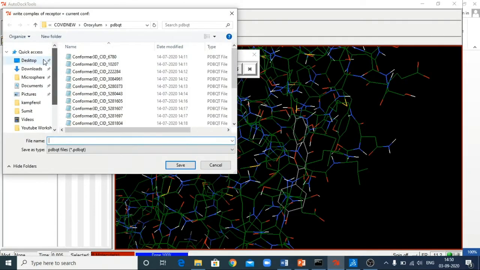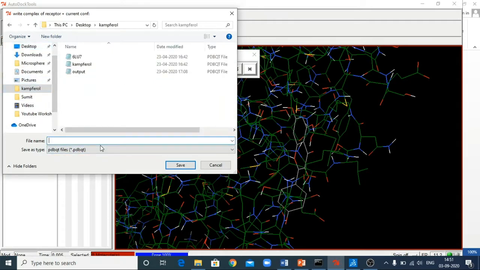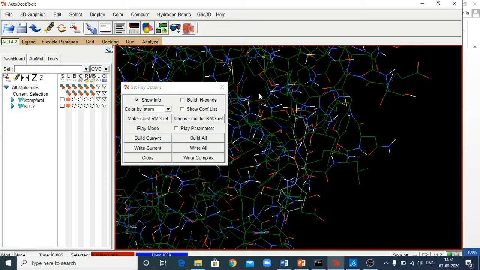It will ask you to save the file. I am selecting the same folder, kaempferol, and writing here complex. What is this? It is a complex of the PDBQT 6LU7 with your 10th dock pose only. The rest of the 9 dock poses will not be available in the complex file.